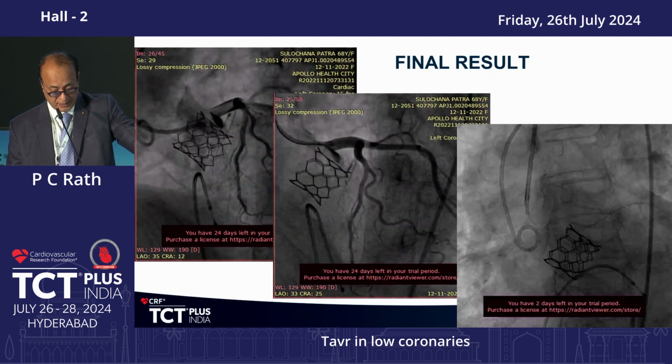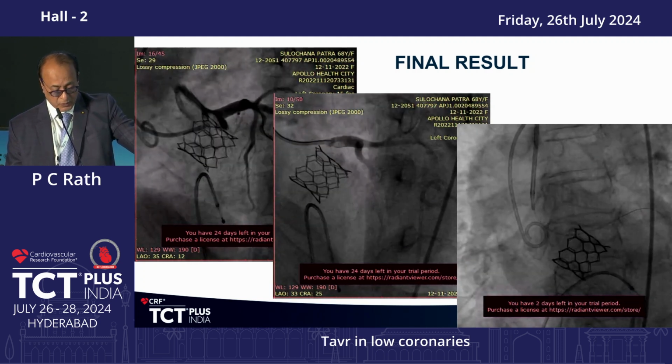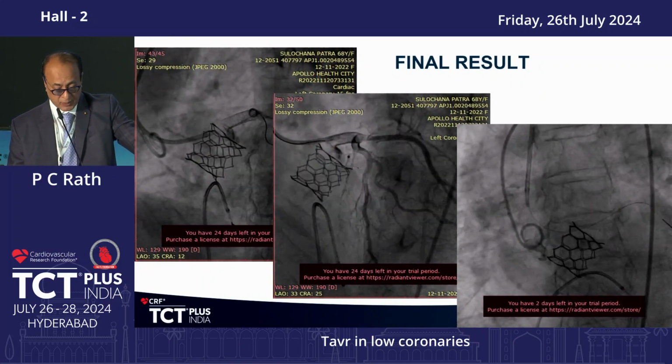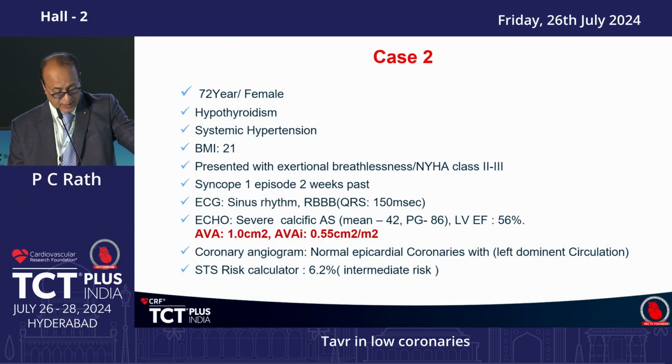So this is actually two stents. We should have put a little bigger stent from the beginning, but we took a small one. That's why I missed. This is just another case,